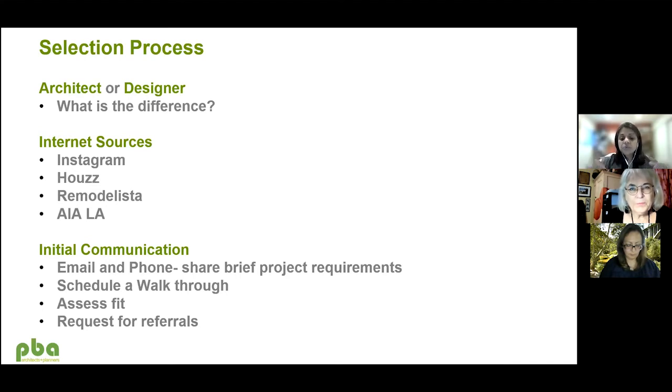What is the difference between a designer and an architect? An architect is a designer who goes to design school and architecture school, and then after graduating from architecture school, they can be called a designer.